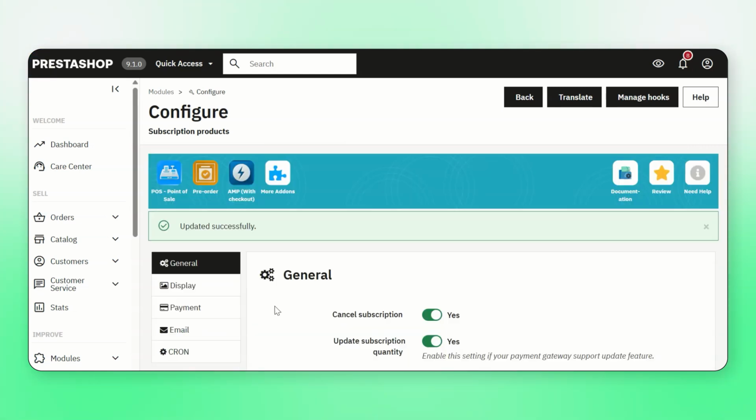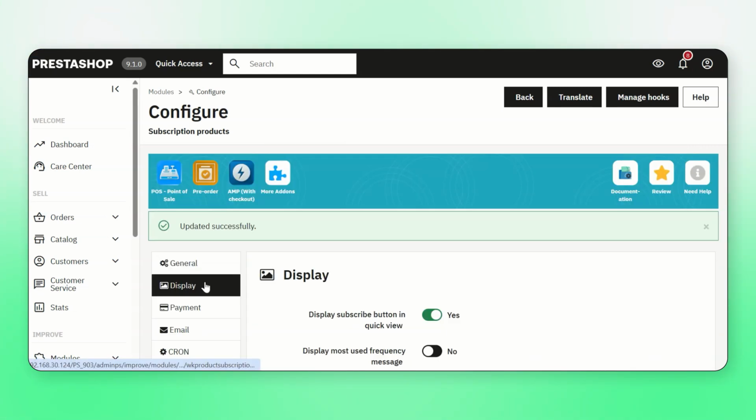Now let's move to the next tab, which is the Display tab. In the Display tab, first we have the Display Subscribe button in Quick View. Using this option, the admin can choose whether to display the Subscribe button in the Product Quick View pop-up. If this option is enabled,